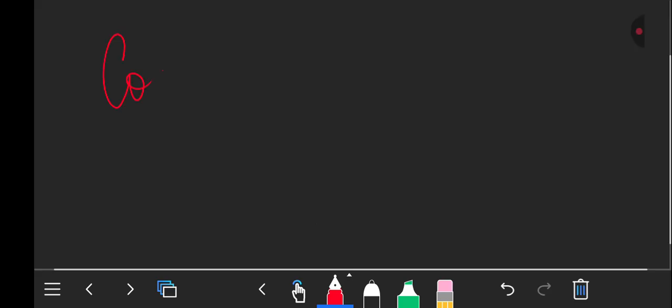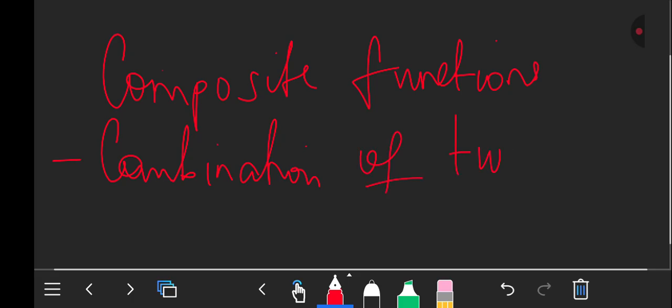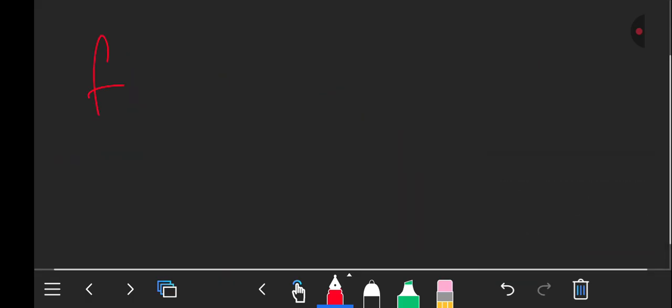Okay, so we are looking at composite functions. So what is a composite function? When you're talking about a composite function, you're just referring to a combination of two functions, okay? So we are saying it's a combination of two functions. So once you combine two functions,